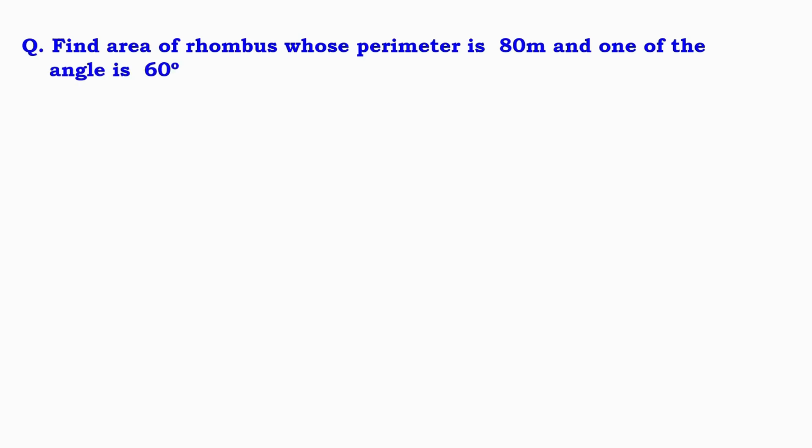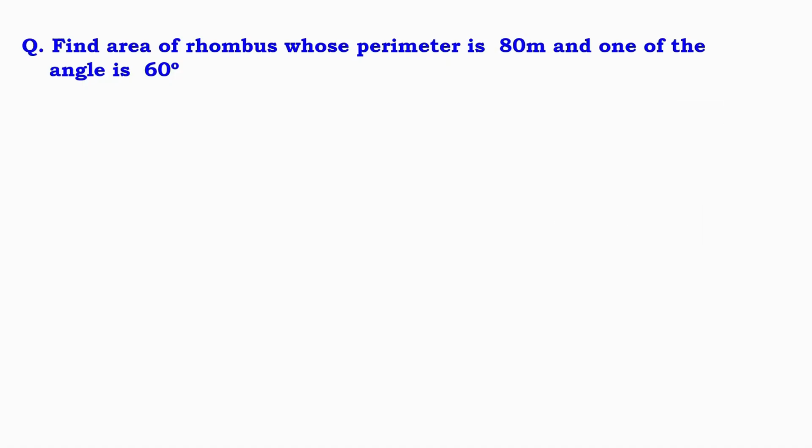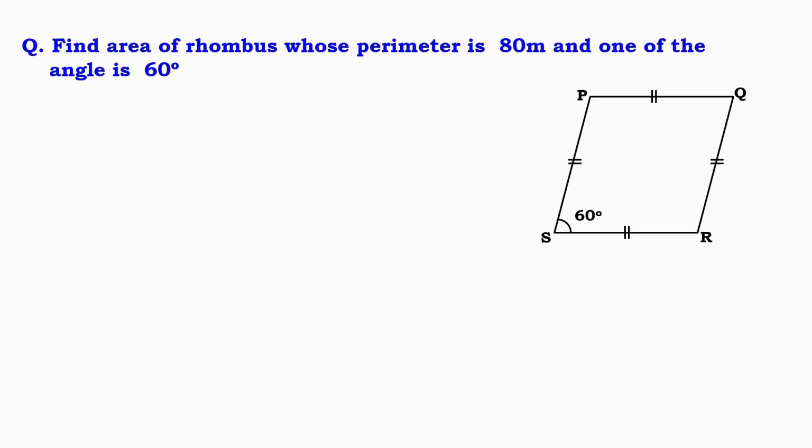Now next, solve the next problem. Find area of rhombus whose perimeter is 80 meter and one of the angle is 60 degree. Okay, so let us draw the diagram of the rhombus. So in rhombus we know that all sides are equal and one angle is given over here, that is 60 degree. So since we know the perimeter,